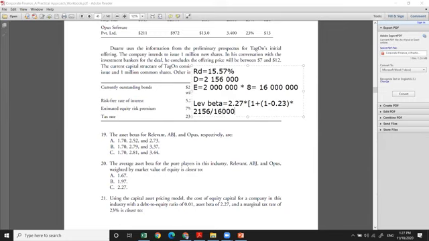I'm ignoring these 3 zeros, just eliminating the thousands. And that should give us, if you calculate,